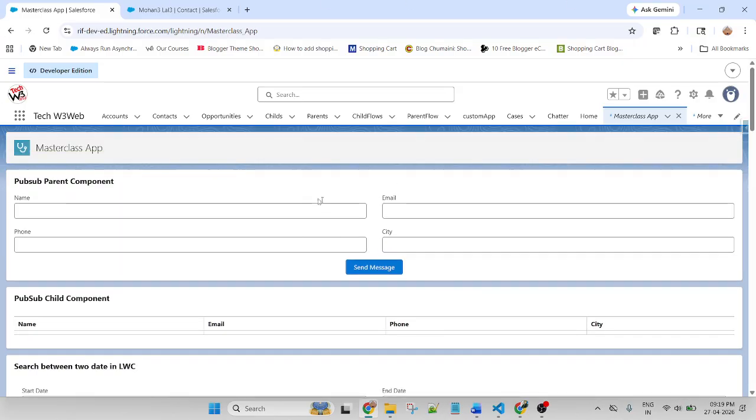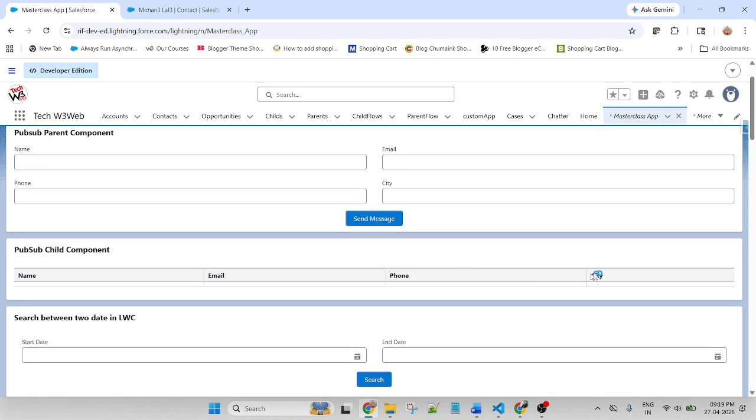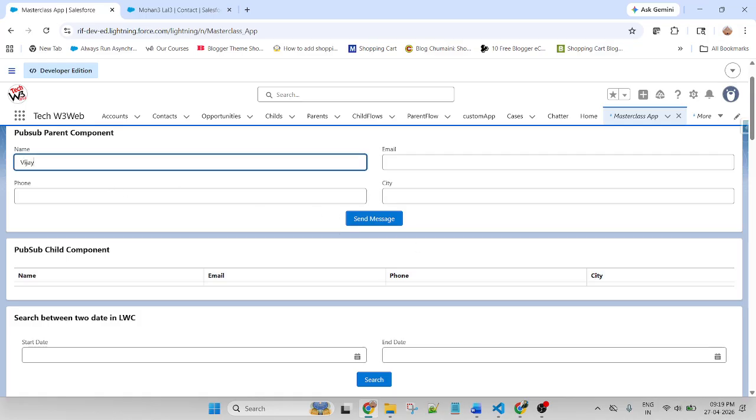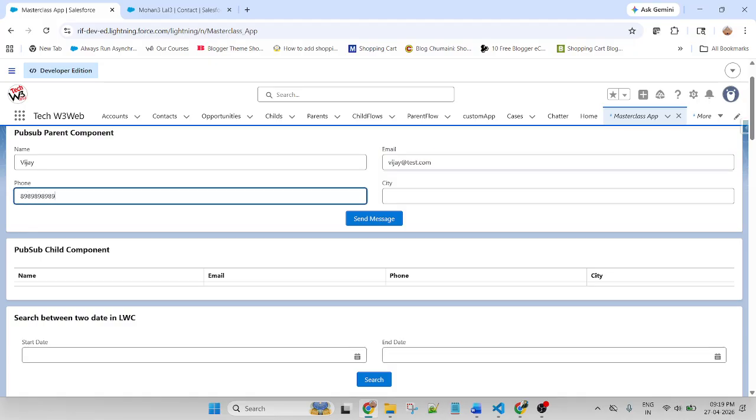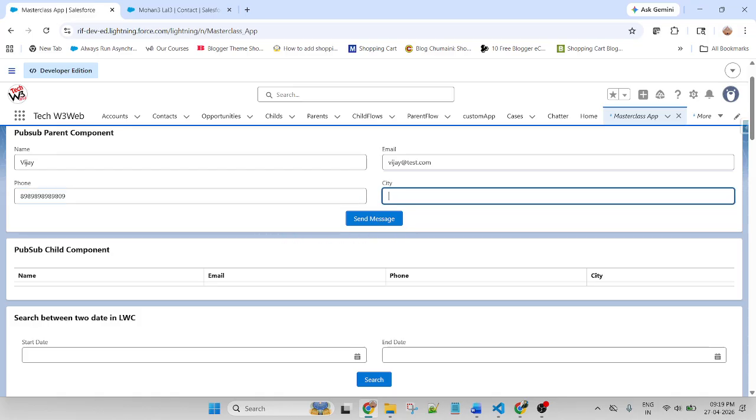Once I put all of the values and click on the button, all of the input values will populate into this table. So now let me put Vijay, Vijay@test.com. This is a phone number. This is a city, New Delhi.